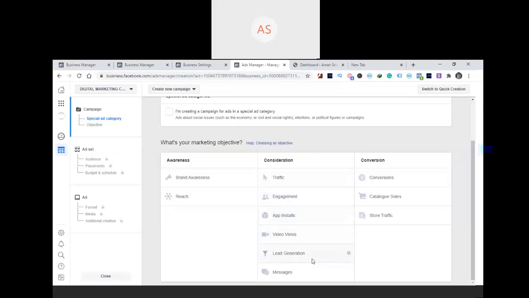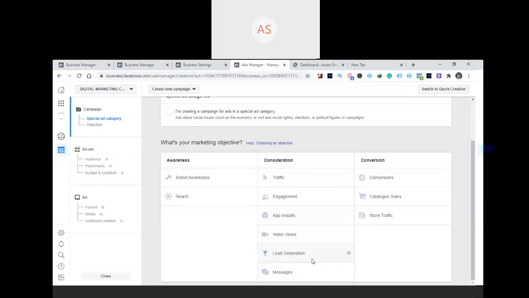Lead generation, this is what we're going to do. If you want to generate leads for your digital product or service or anything you're going to sell, any product or service you're going to sell, if you want to generate leads for that, you want to take the contact information and later on you can pitch your sales or with email marketing or any other medium to those people.